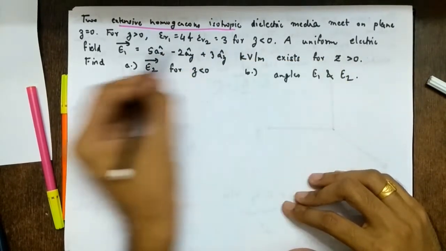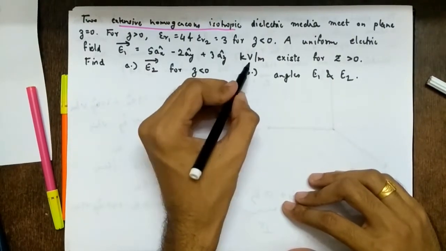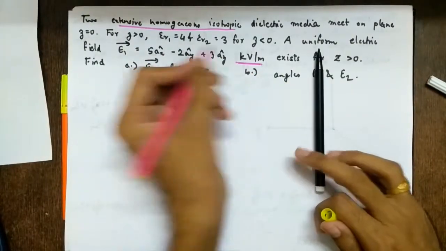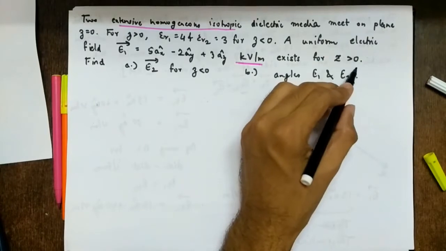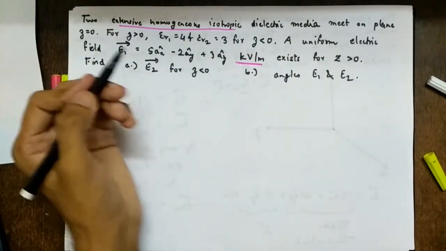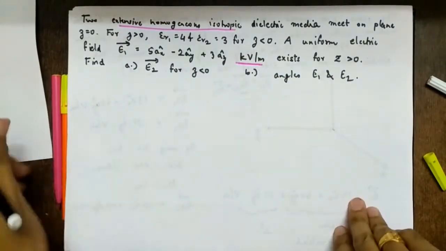So uniform electric field E1 vector is 5ax cap minus 2ay cap plus 3az cap. Remember here it is kilovolts per meter. In the previous case it was only volts per meter. It exists for z greater than 0. So again medium 1 they have given, we have to find E2 vector for z less than 0 and the angles of E1 and E2. So this is the new thing we will study. So this was also asked for